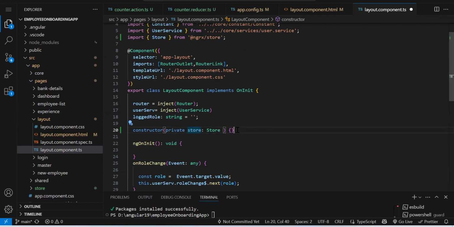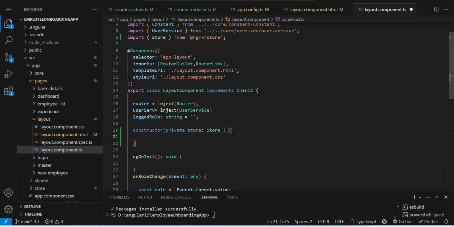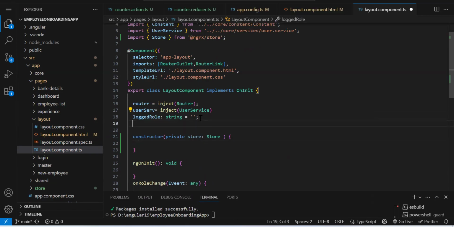Okay. Now, so in this store, we have the data that is count. Now you need to read that data. So consider like in our subject or behavior subject, how do you read the data from subject or behavior subject? To subscribe it. Right? We subscribe it. So just like that, we will create an observable.